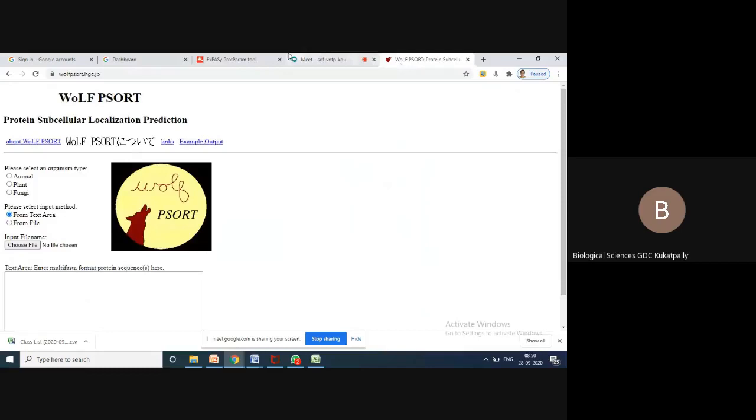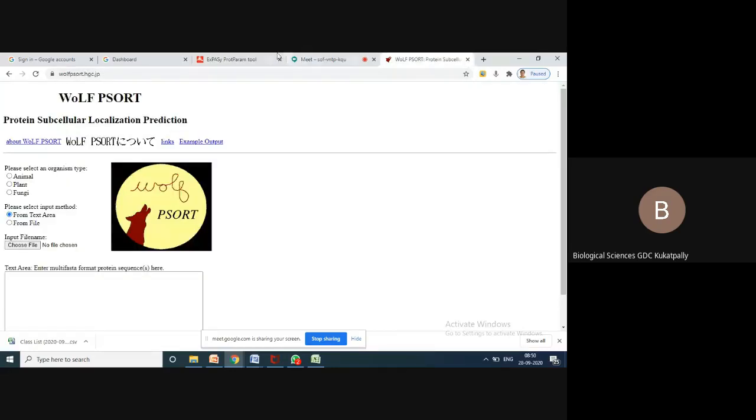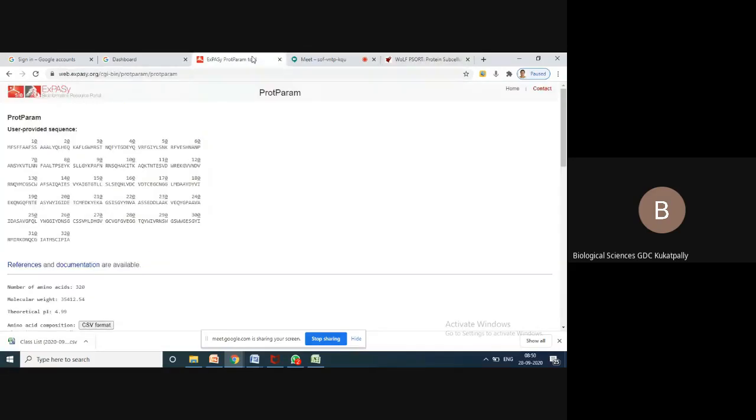I will give you protein sequences and protein IDs right now. Within 10 minutes, I will post your protein IDs, protein sequences, everything. I will post them in the Google Classroom only, not anywhere else. Only in the Google Classroom I will post. I will also post the Google Sheet, like an Excel sheet. So you can write all your data there, right? I think 2 days are there.